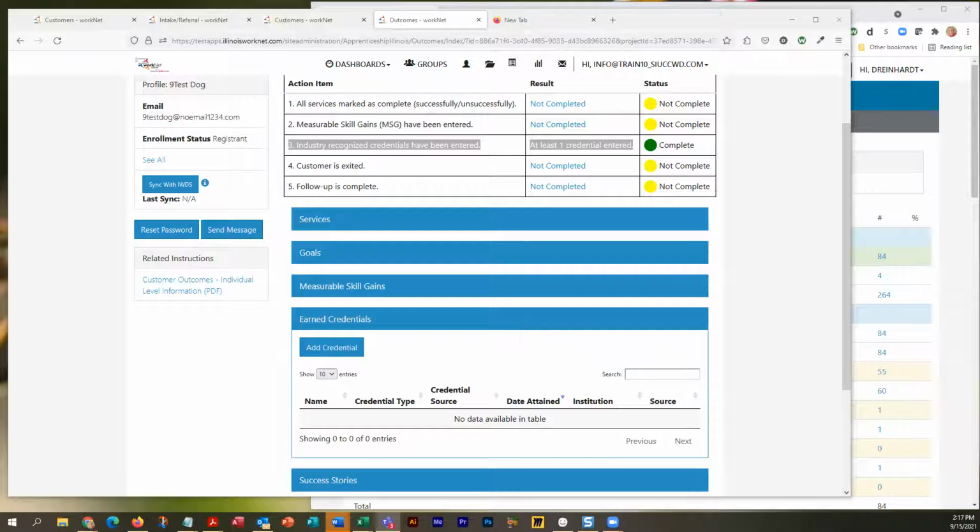Okay. And just to follow up, if we add the credential under earned credentials, would it then technically give them 2 credentials for the same one? Will it count it as 2? That's a real good question.